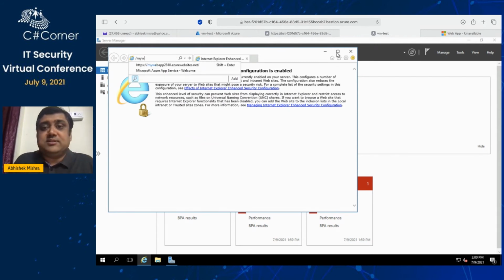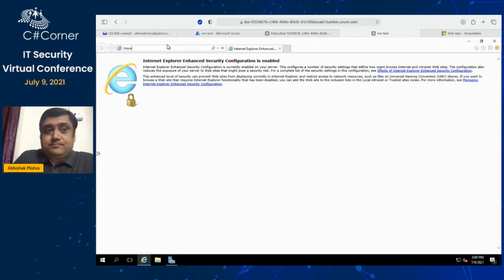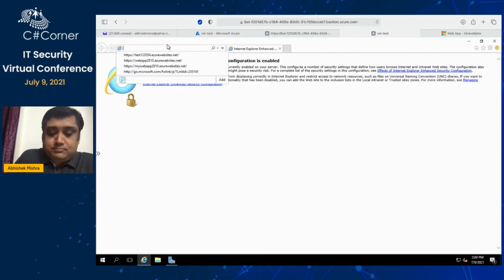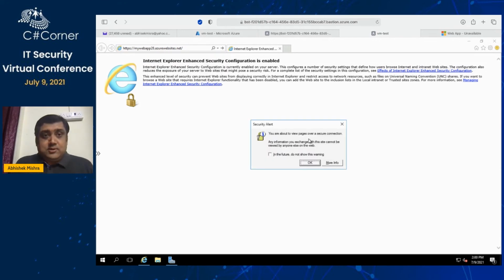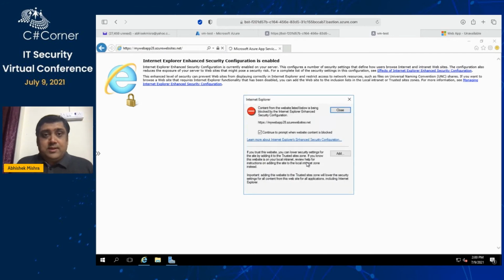Let me maximize this. My web app 28. I think I can remove this 10. I'd created the other web app while I was testing for this session. So let me do an OK. Add, close.